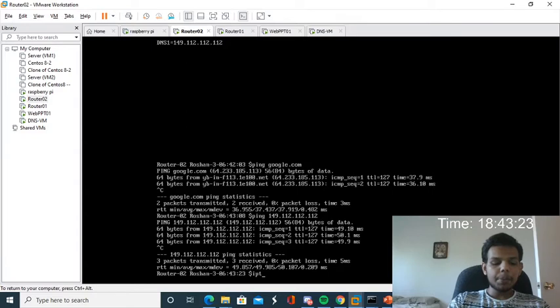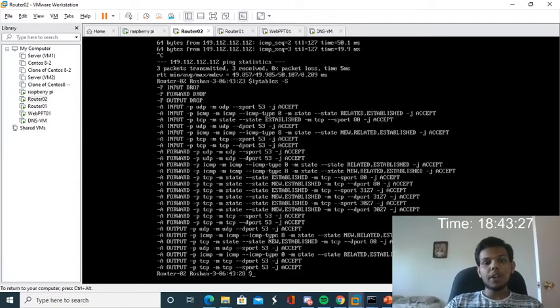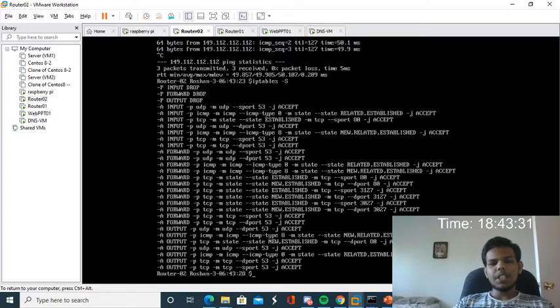So here also my IP tables are dropped, like my firewalls are dropped. Here you could see input, forward, and output are dropped. So next,